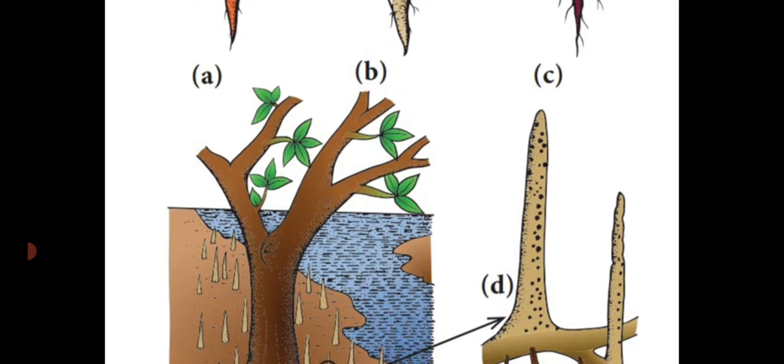So the mud is very tightly packed soil, isn't it? No loose soil. Tightly packed soil. So gaseous exchange is not possible. So what will happen? And also the water is too salty. Salty means what? A large amount of salt content is present in the water. So respiration is not possible.